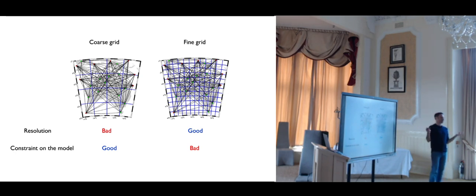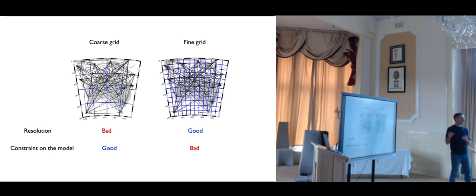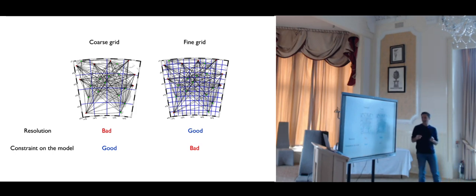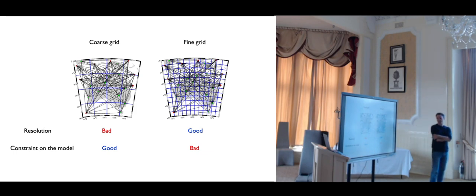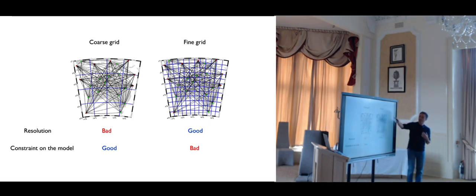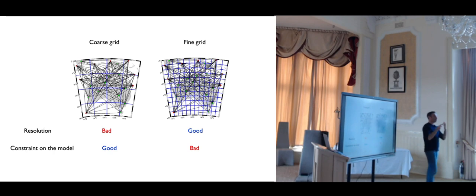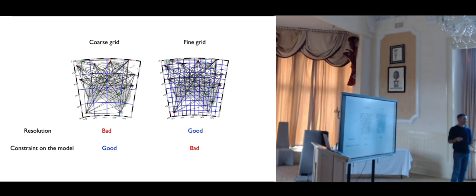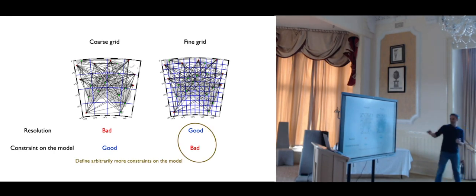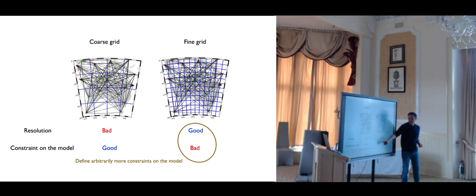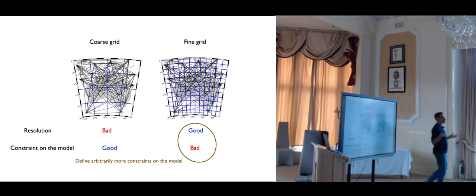And so we'd like to have a model of the Earth that represents the information that is in the data, and not the choices that we make. And this is a big problem. So very often in seismology, in seismic imaging, we choose the solution on the right. We over-parameterize the model, so we lack information, because we want a good resolution, but we have a bad constraint on the model. We have large uncertainties, and we lack information on the model.